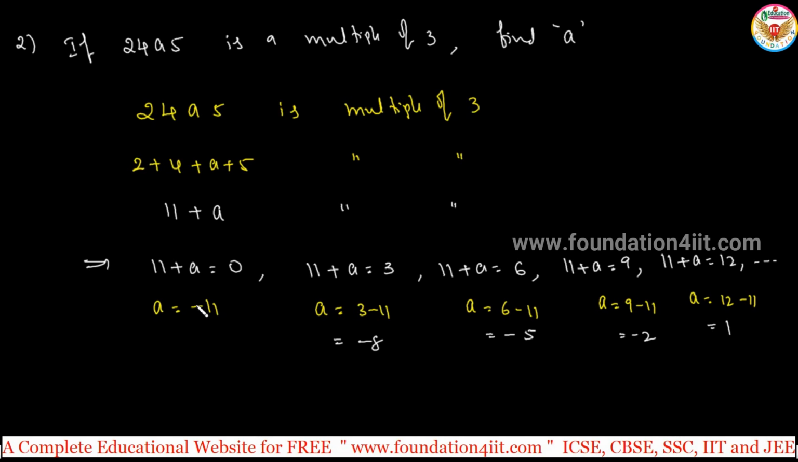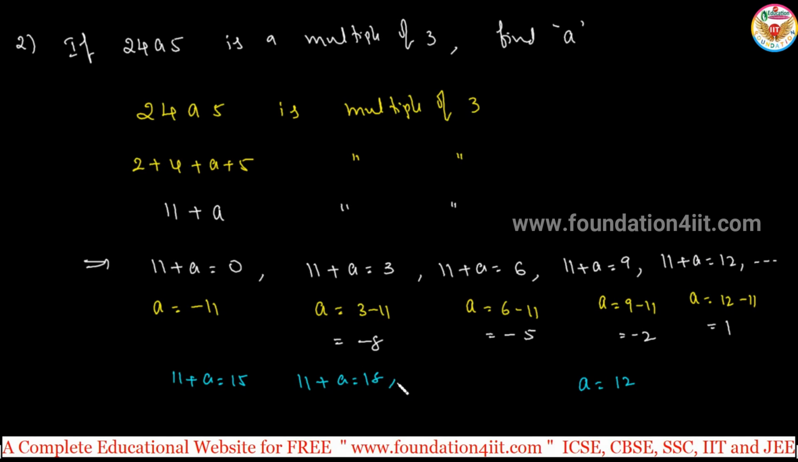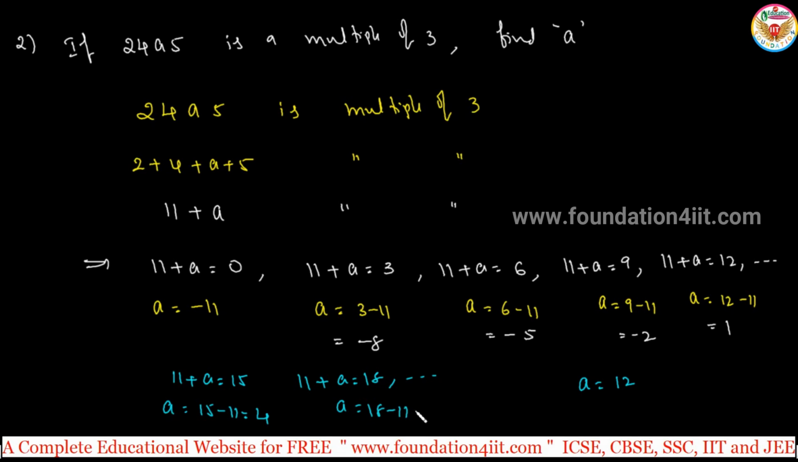So negatives you should not consider. That means a is not supposed to be minus 11, minus 8, minus 5, or minus 2. A is a single digit, and we can continue more. From this, 11 plus a is 12. So for the next continuation, 11 plus a is 15, or 11 plus a is 18, and so on. From this, a is equal to 15 minus 11, which is 4, and a is equal to 18 minus 11, so 7. So 1, 4, 7, and the next one,